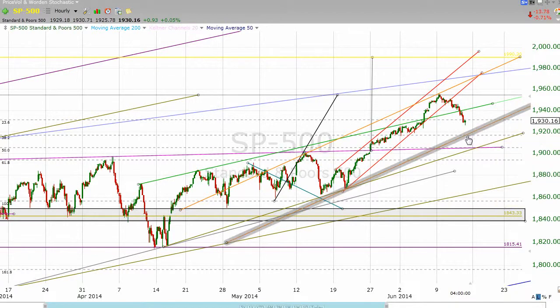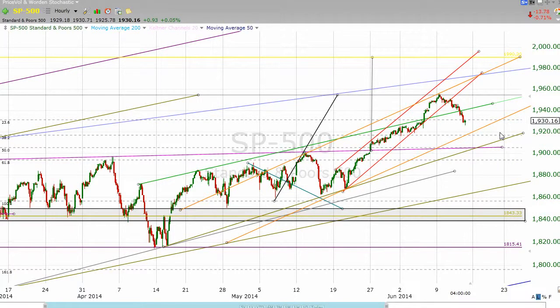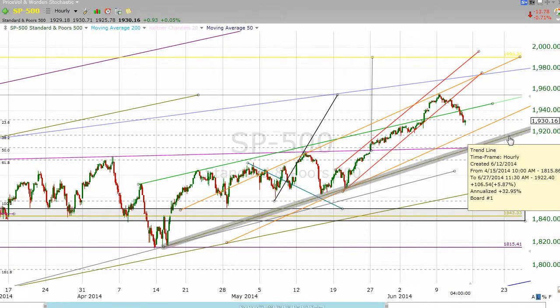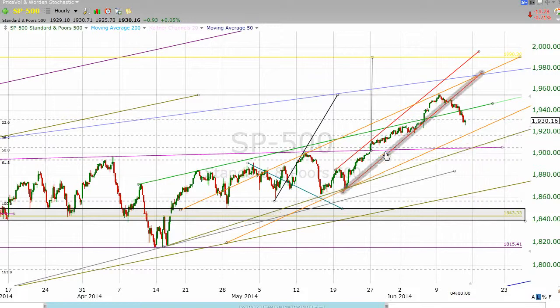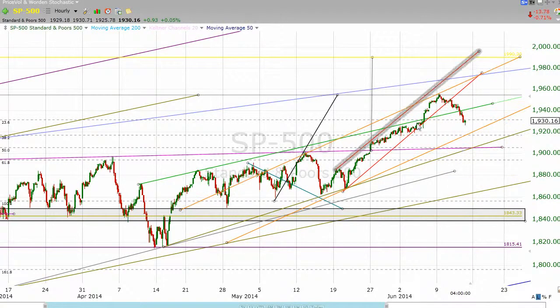And actually that would have to happen pretty quickly, because the next thing that we would hit would be in about a week and a half. Then this line right here would come into play. But obviously, I think we can call this level up here at 1954 the end of our breakout